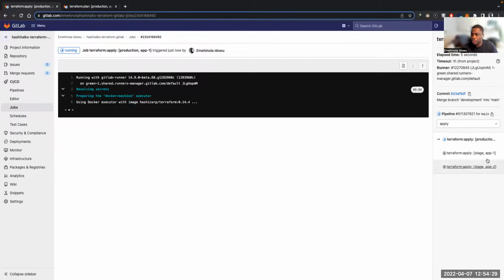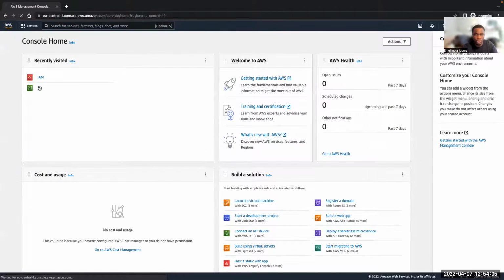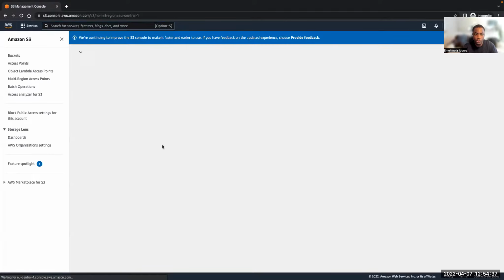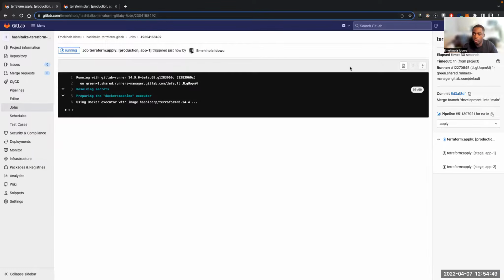And so this is production app 1, which creates an S3 bucket. We can actually see that on the AWS console. I'll also be showing that. Currently we don't have any Terraform bucket created apart from the one we're using for our backend. So if I give this a quick refresh,